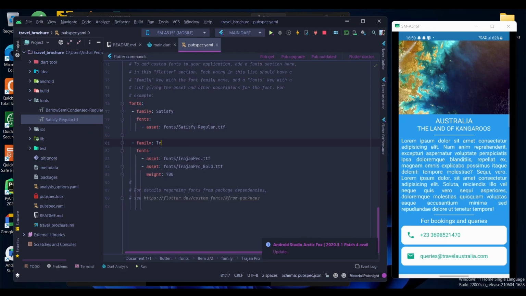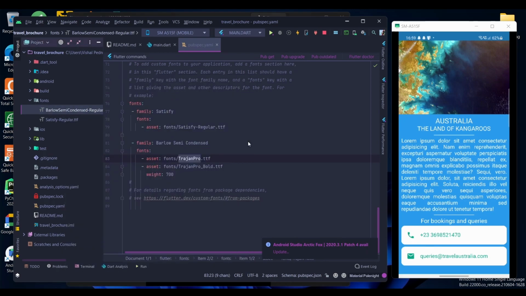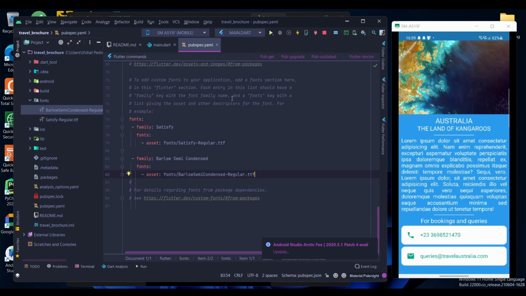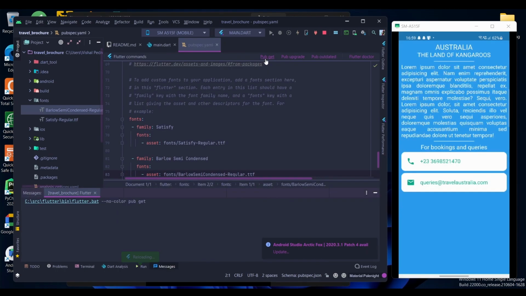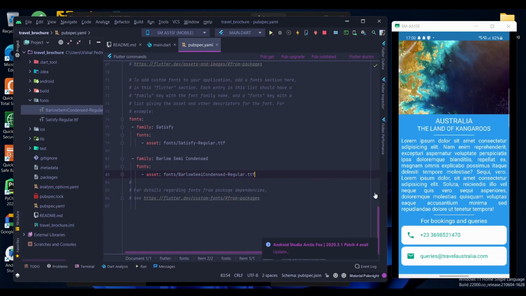Other one is the Barlow semi-condensed, and that's fonts slash, that's a real big name. I'm going to copy it. And I don't need other things over here. Run the pub get, and now you can use our custom font styles in our application.